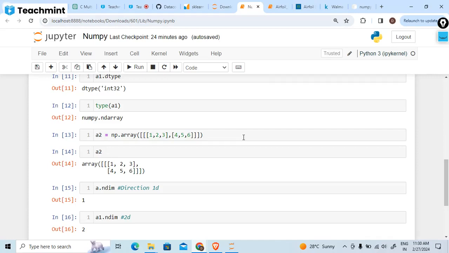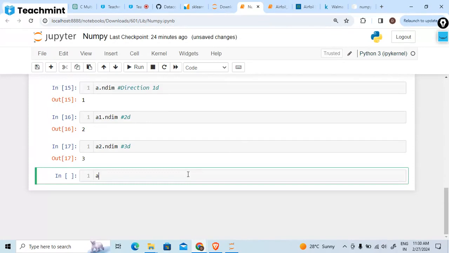Okay, now we will create a few more arrays here. Now you simply know how to create an array. Now I am creating a3 is equal to np.array, and inside this, look at here carefully. I am writing 1 2 3, 1 2 3. Now after this I am writing 1 inside the bracket, 4